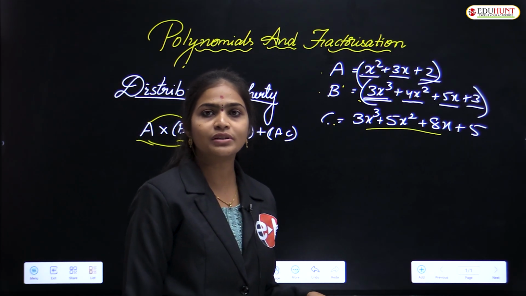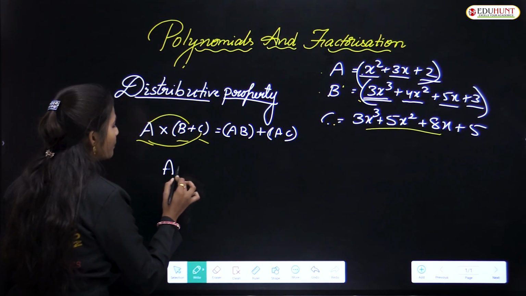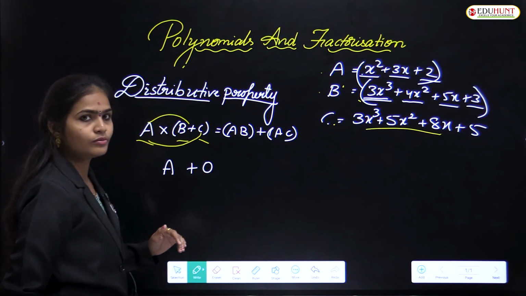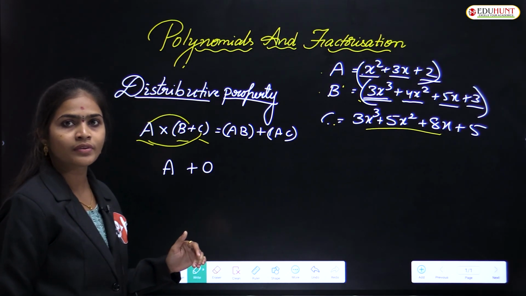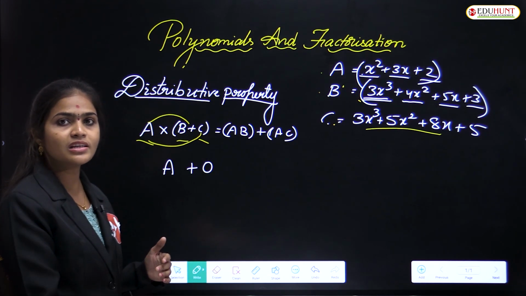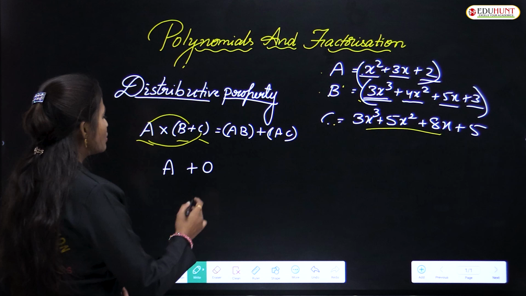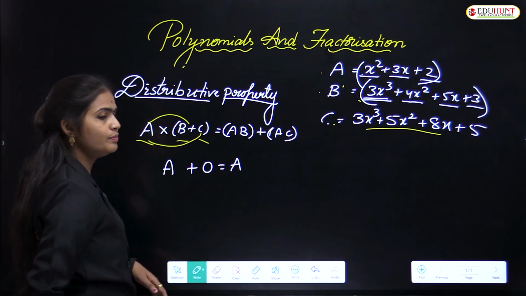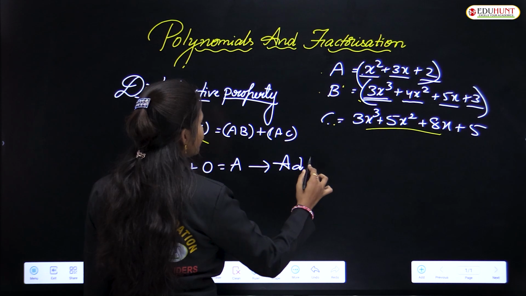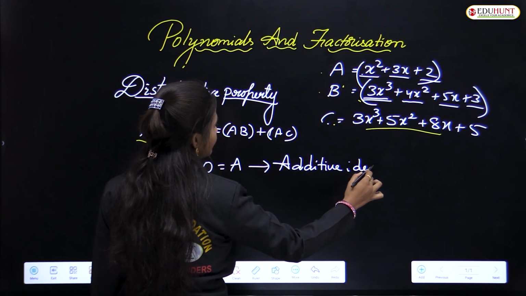Okay, and we have identities, no? So what are those? For example, here a is a polynomial. To the polynomial if you add 0, then what will you get here again? One of the polynomials is there. If you add 0 to that, 0 means nothing is there, so nothing we are adding here. So again you will get a only, no? So that's why this is the additive identity. Additive identity.